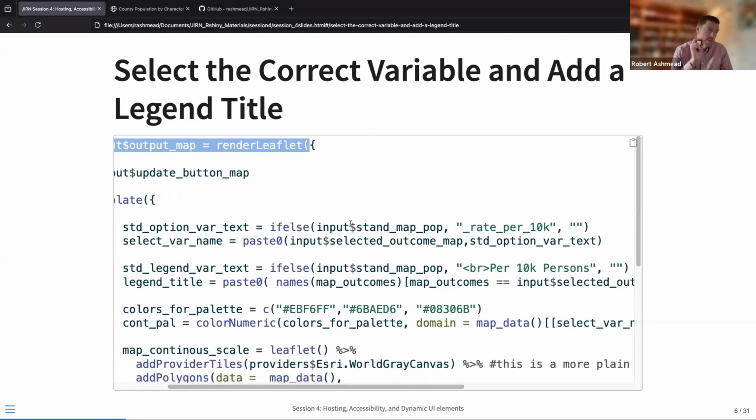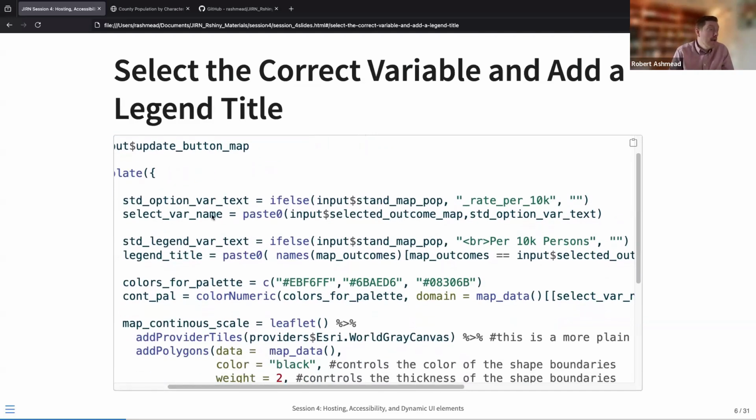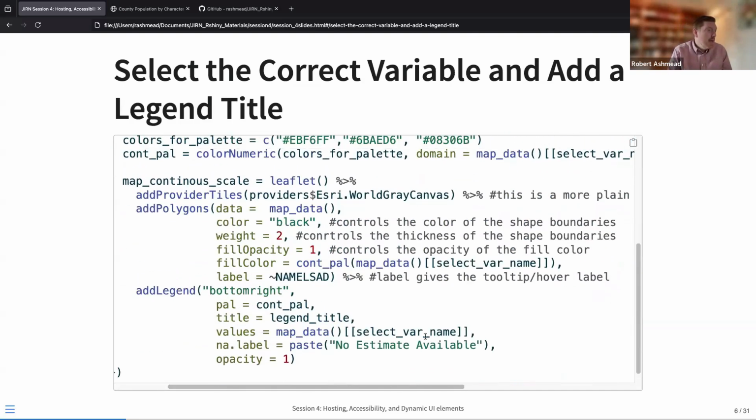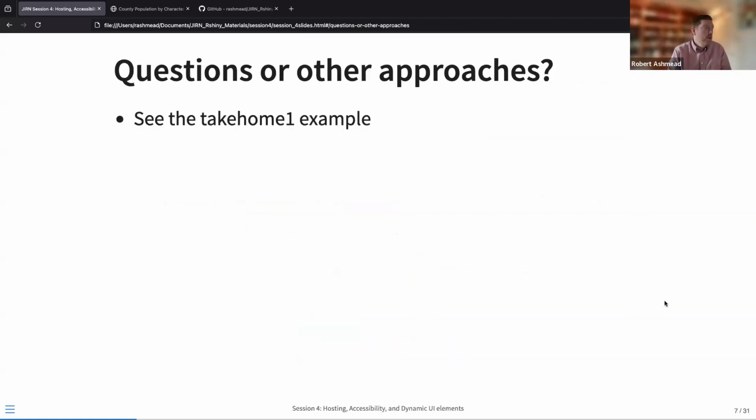If the button is clicked, my variable text basically uses the rate per 10K or doesn't. And I updated the legend with similar logic so that it would have the right text on it. And then I just used that dynamic variable when we are creating both our fill and our legend. So if we put all that together,